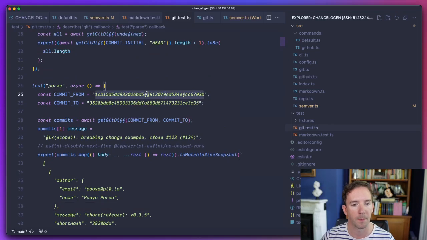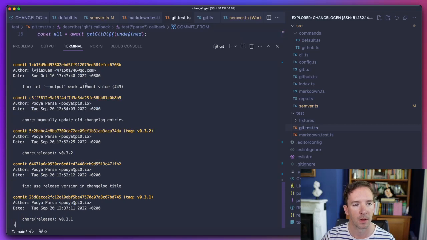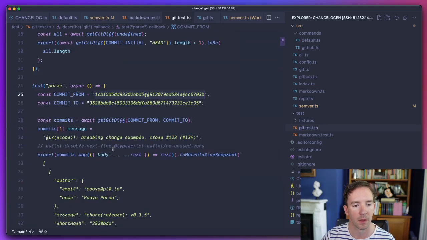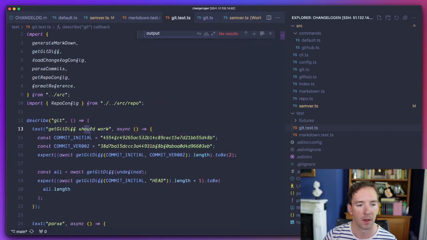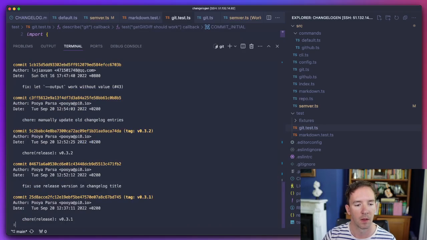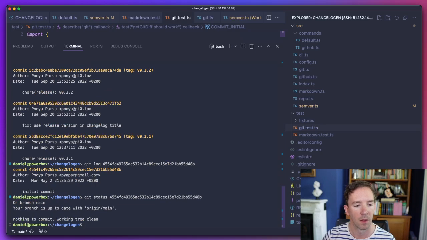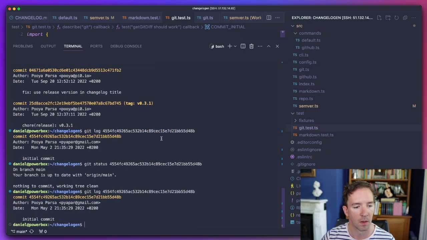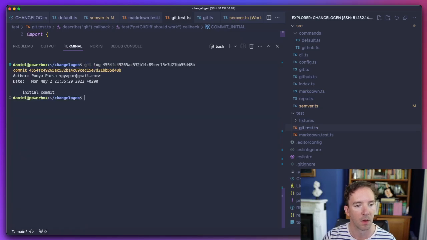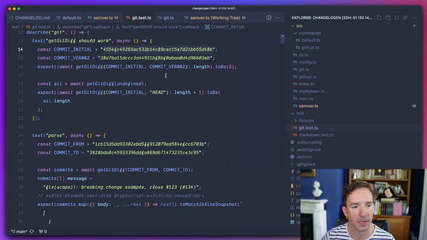Commit from to. Okay, initial, oops, what am I doing? Initial commit and